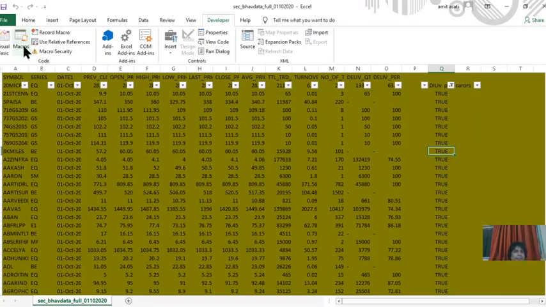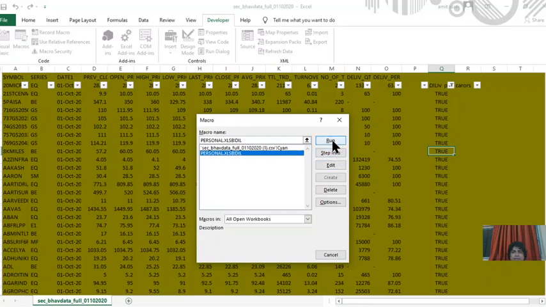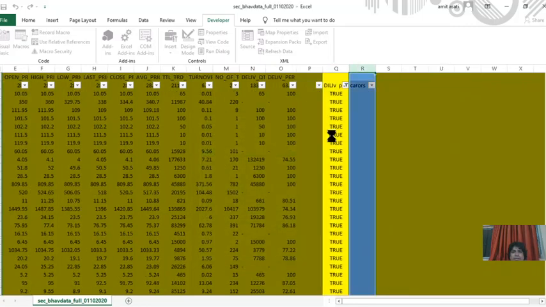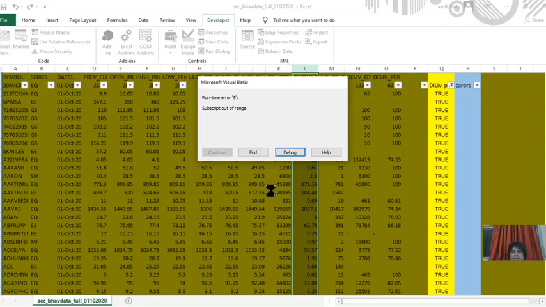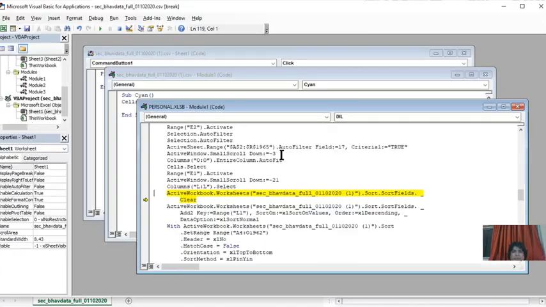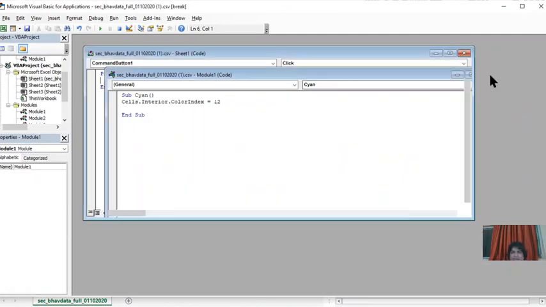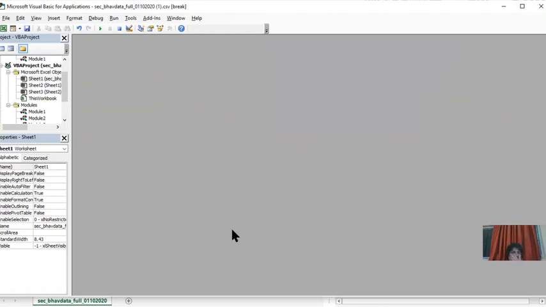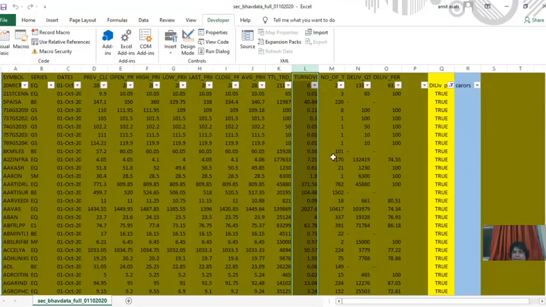Macro again, personal, run. Subscript out of range, debug, active worksheet, Bhav copy, sort field clear. So a message is coming that sorting is not done, so we can sort it manually, and we will record another macro tomorrow.